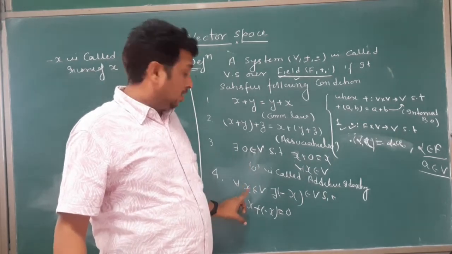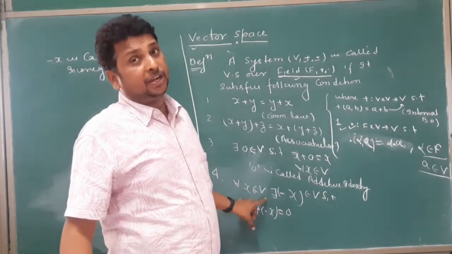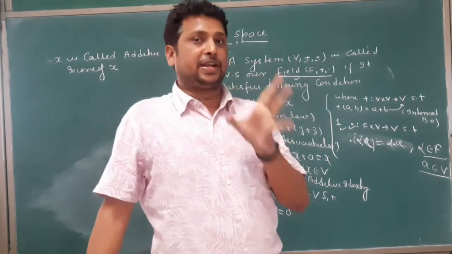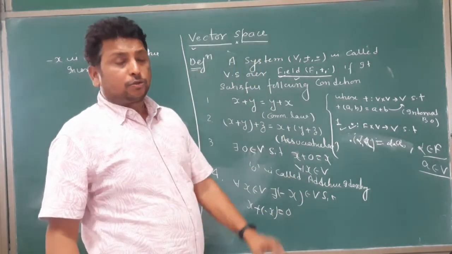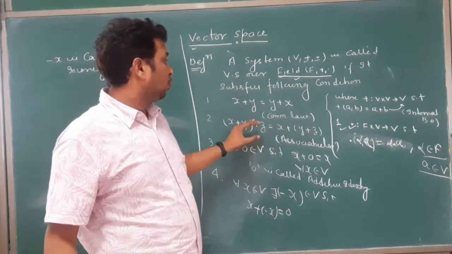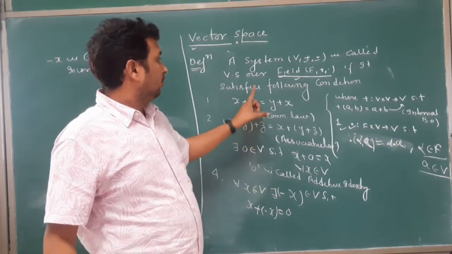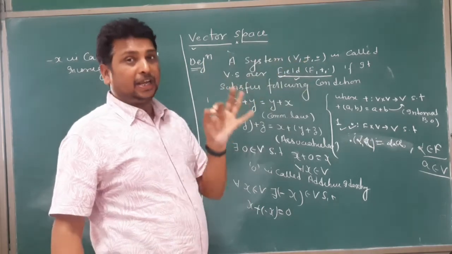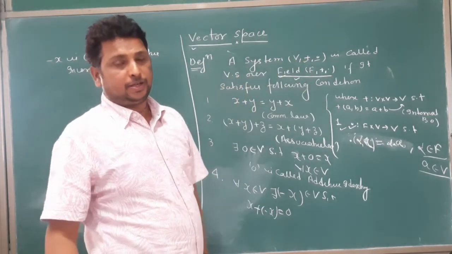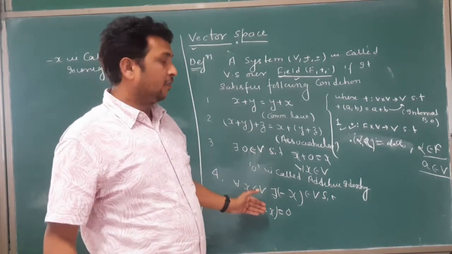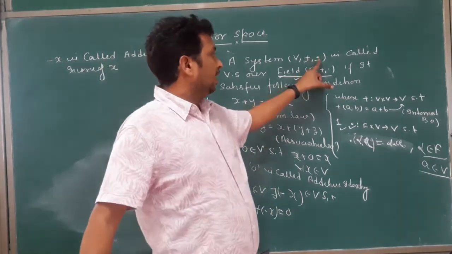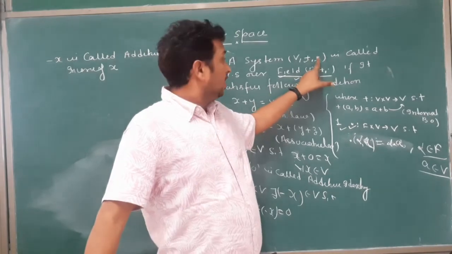And the fourth one: whatever x you take in V, there exists minus x, such that x plus minus x becomes the additive identity. So these four properties are required for an internal binary operation to make it a vector space. If these four properties are satisfied, we go for the external binary operation, which is